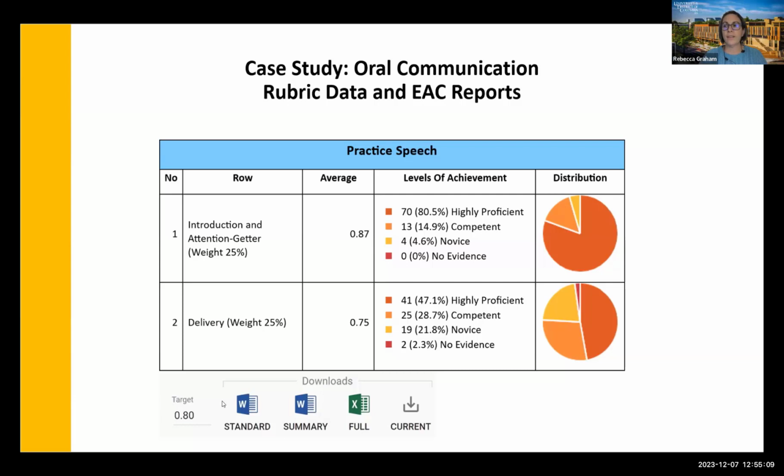Students were then asked to focus specifically on the delivery of the speeches in the self-assessment and in their peer feedback. Students also provided the professor with qualitative feedback on these scaffolded activities. That kind of goes back to one of the questions that was asked earlier about how to fold in qualitative